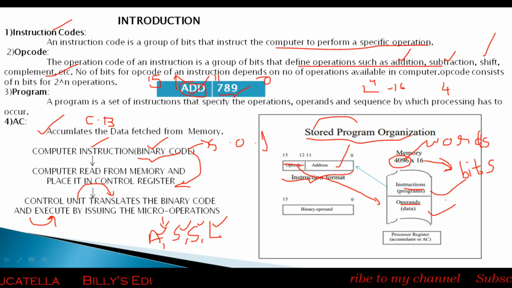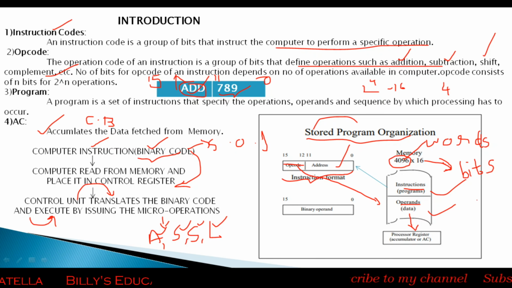Here the operand executes the instruction which is given by the user. It gets the data from the opcode and transfers the data to the accumulator. Here the accumulator stores the result and gives the result to the user.